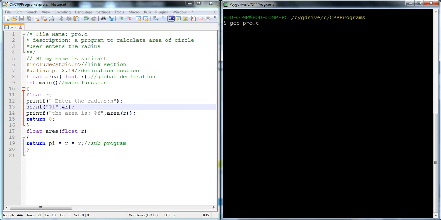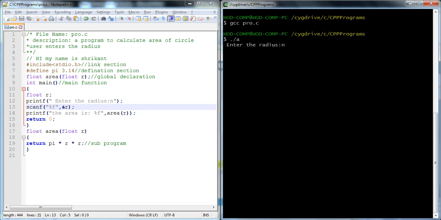To run the code under Cygwin, I will explain how to install Cygwin on Windows 7, because it is a Linux compiler which runs on a Windows machine, right? Or you can directly use a C compiler on a Linux system and run the program. Then gcc pro.c, where pro is the program name and .c is the extension of the program. GCC is the compiler which compiles this program. Then ./a.out is the way to run the code.